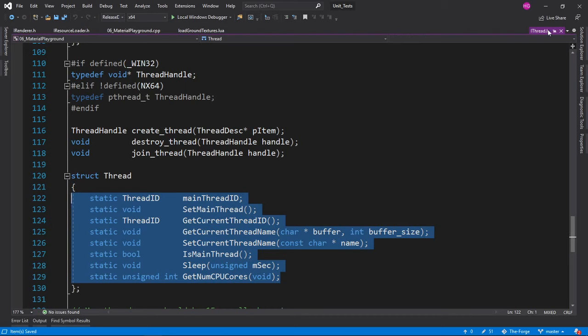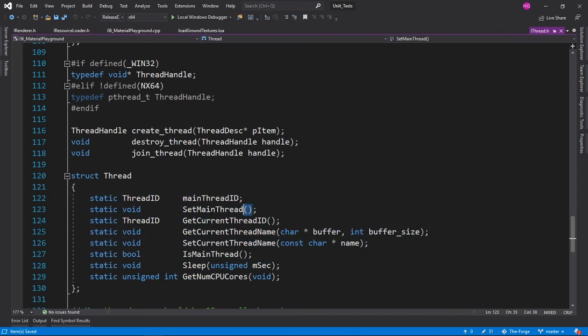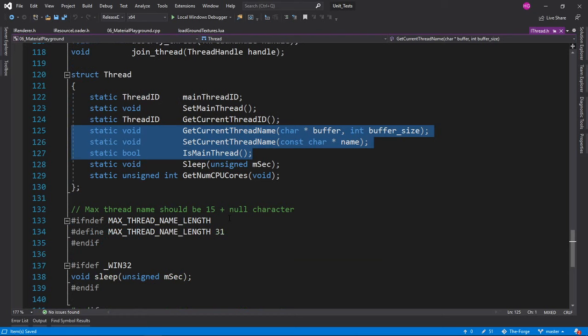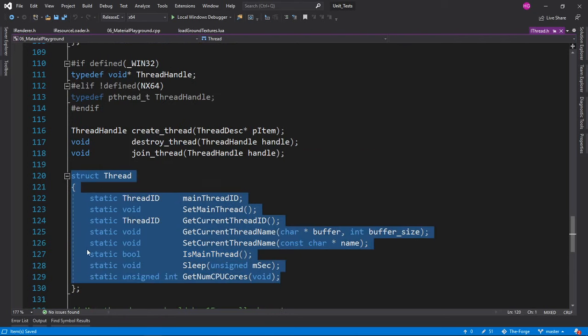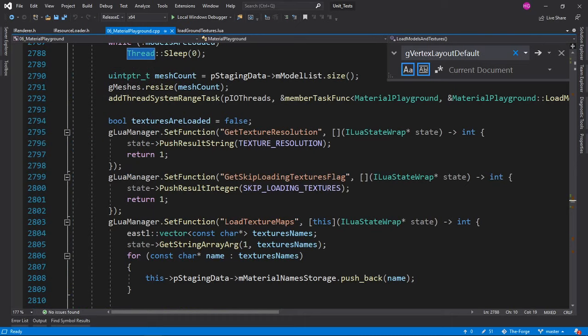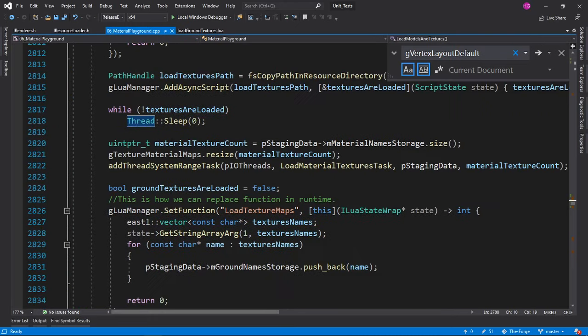Is this C? Is this valid C? Can we have static member functions on structs in C? That is interesting. Is this considered valid C? Huh. Interesting stuff. We will get back to that.